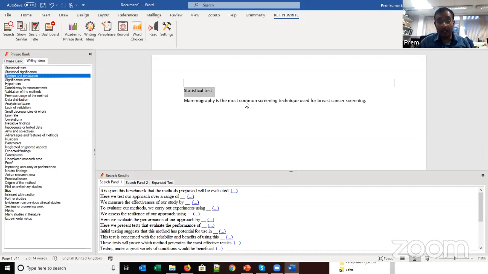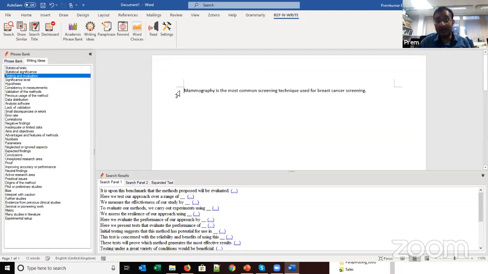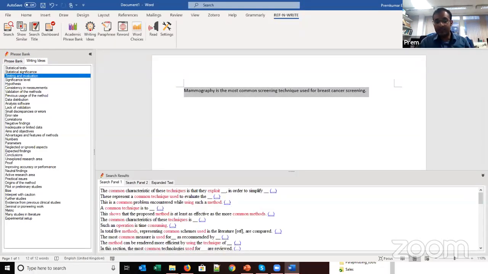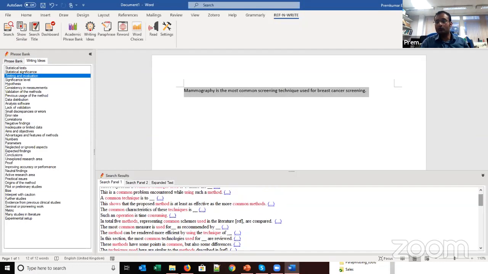Okay, and another important feature is paraphrasing. You simply select the text you would like to paraphrase and hit paraphrase, which searches through the bank of 20,000 phrases and brings up phrase templates relevant to the statement you are making.